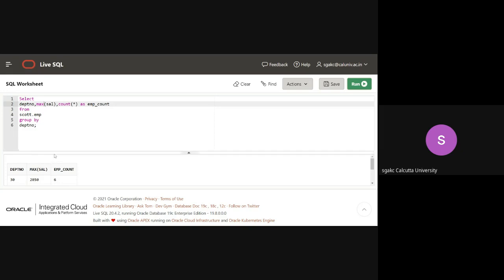And it is not that I have to use only one of them. I can use both of them, like this. So I can use minimum salary. Multiple aggregator functions. All right, so you have understood now that I have something like group by. We still have one more component.